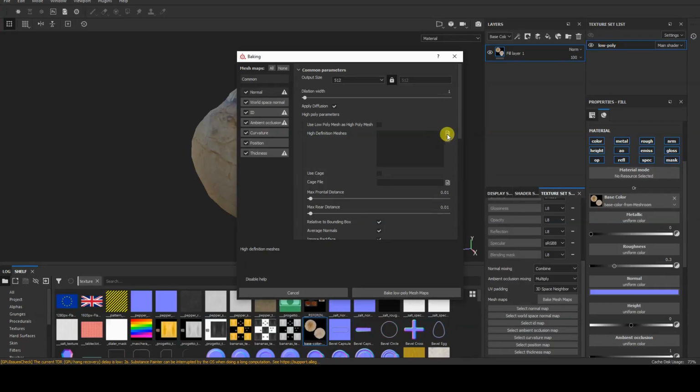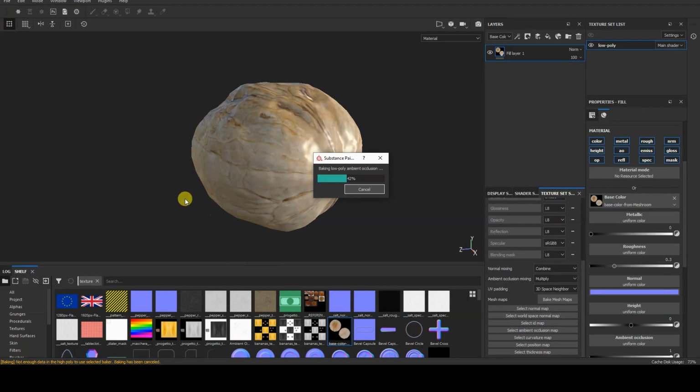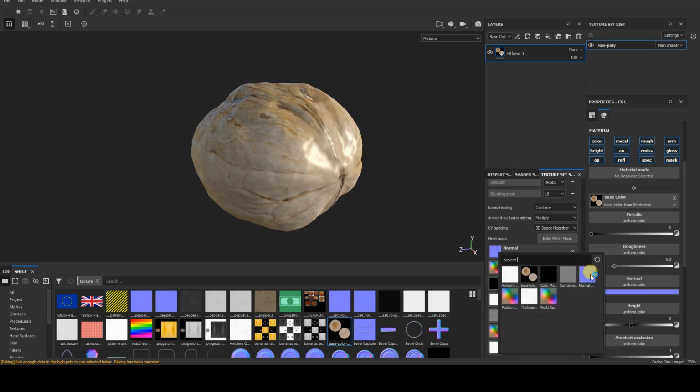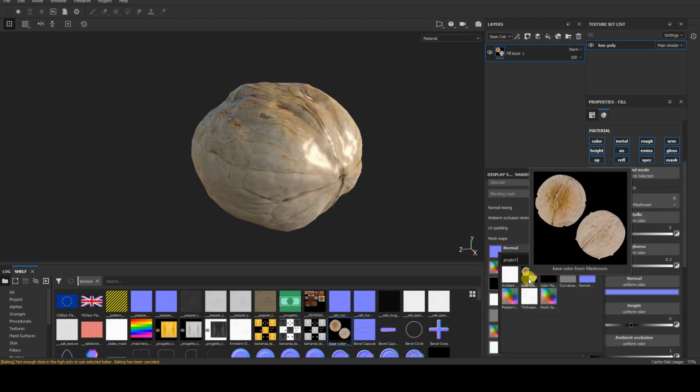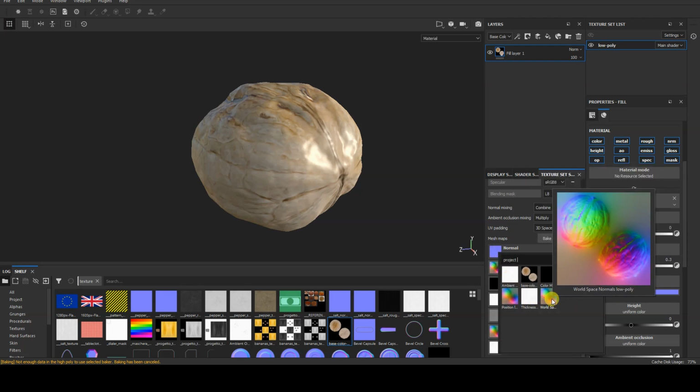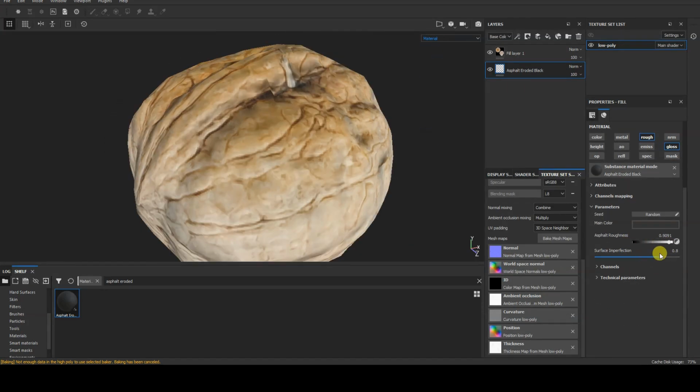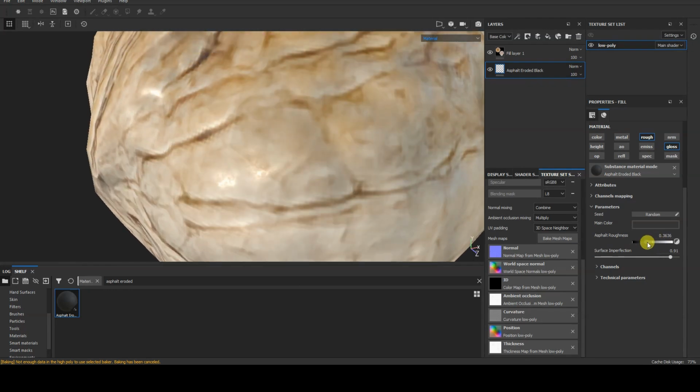Hello, everyone. In this episode of the Basic Turntable Photogrammetry series, I will show you how to bake the normal map from the high poly geometry to the low poly one in Substance Painter. I will also set up an initial PBR base material, which includes information for the base color, normal, metallic, and roughness channels.